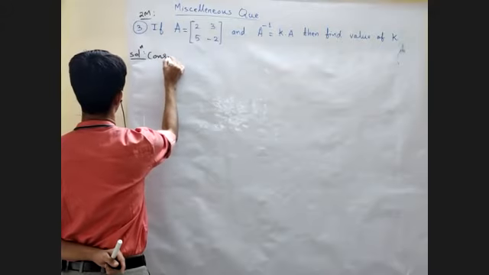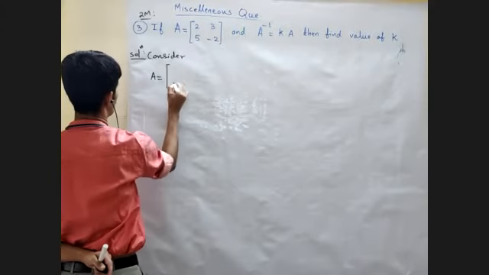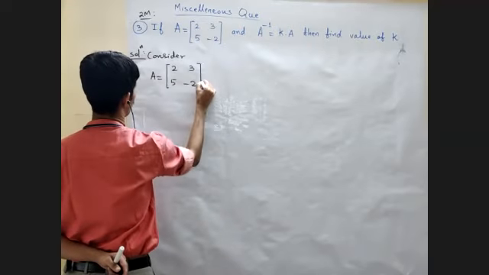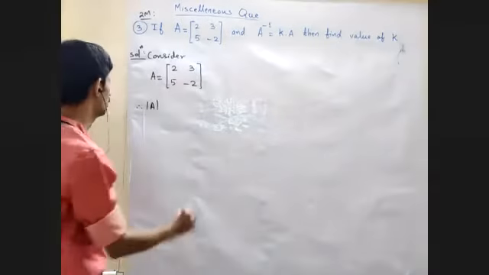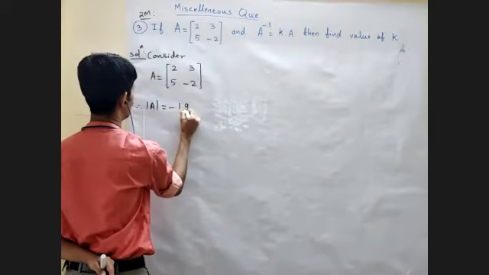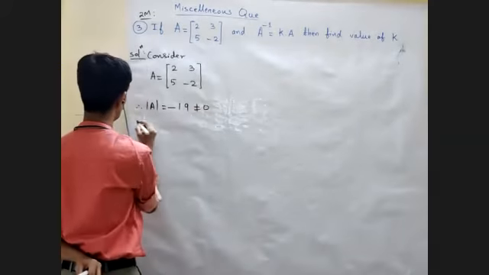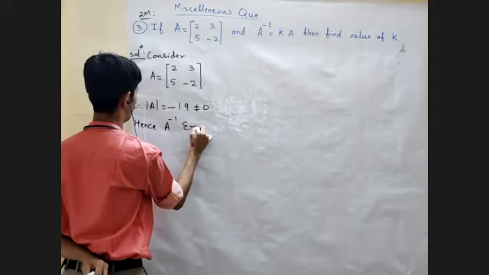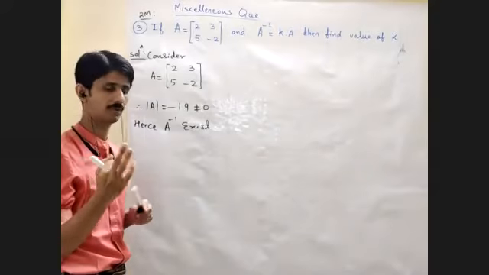Consider the given matrix A. You know the working rule. Matrix A is available already with us. Therefore, we find out the value of the determinant. Determinant का value निकालेंगे. So -4 and -15. So value of the determinant is -19. So determinant of A का value is -19, which is not equal to 0. So we know that hence A inverse exists.